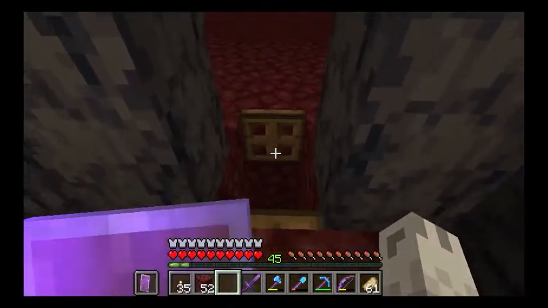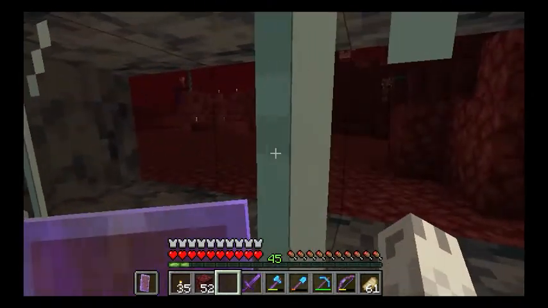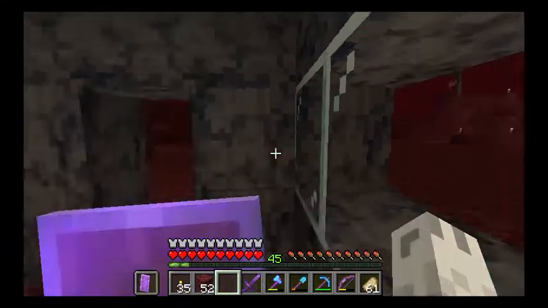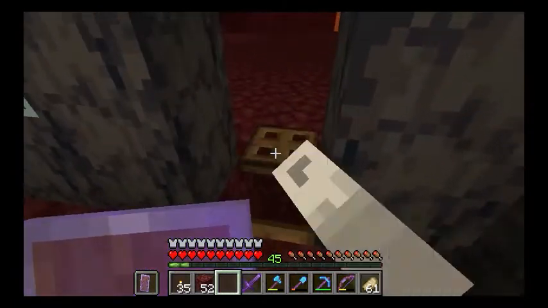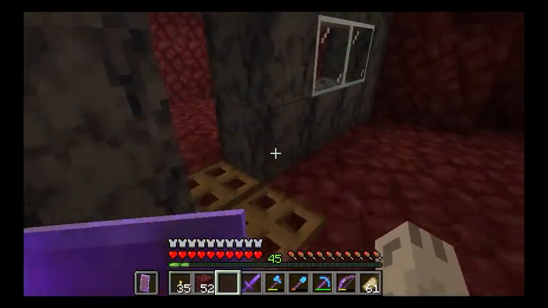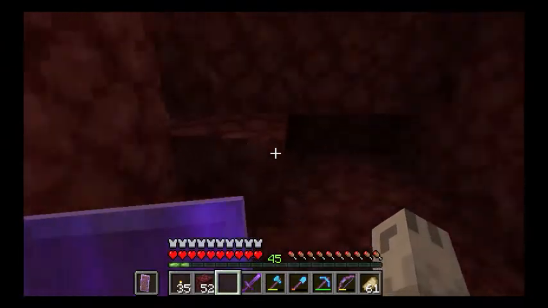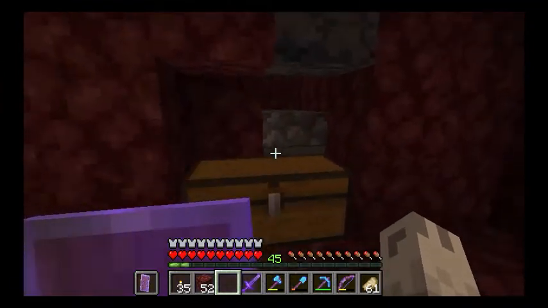I'll leave this open just so nobody wanders in. But if you are right in the beginning, you can kind of see my nether portal over there. But if you're a little nervous, after you hit one and they all get angry, to go over there because you don't have the best armor and stuff yet, you can always make another nether portal in here,